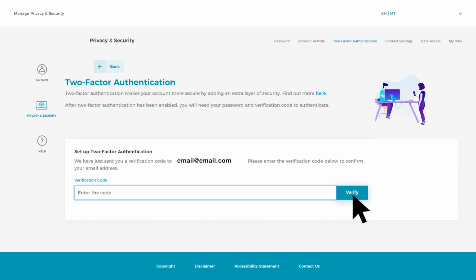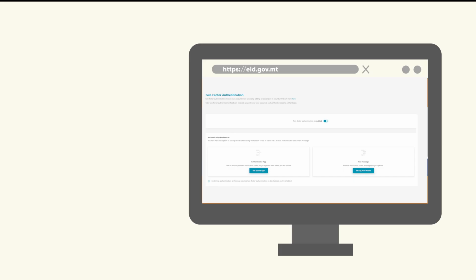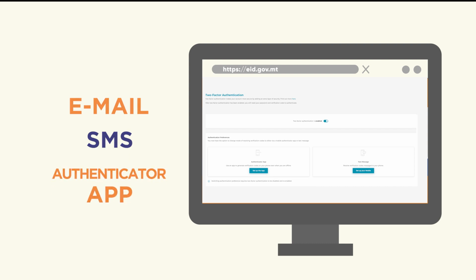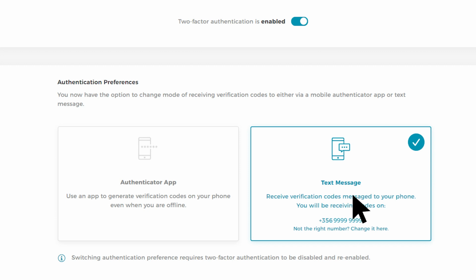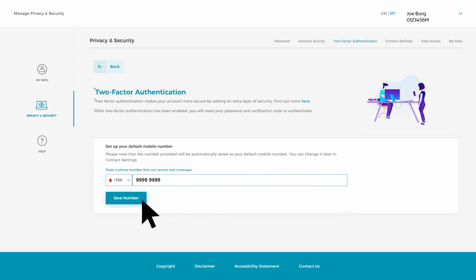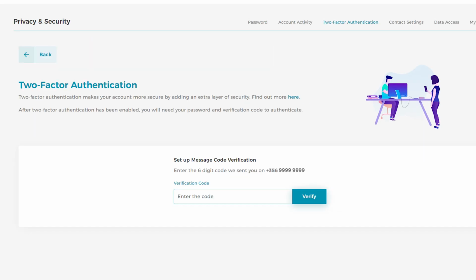email address. Once the two-factor authentication is enabled, you will need to choose whether you prefer to receive the code via email, SMS, or an authenticator app. Should you opt to choose the SMS option, enter your default mobile number and insert the verification code received to